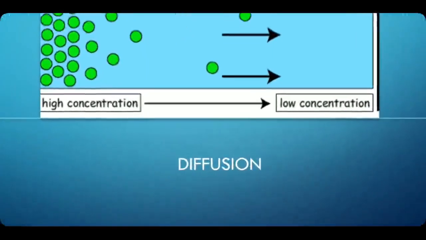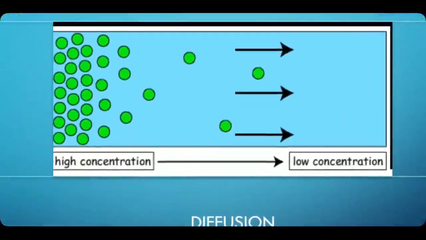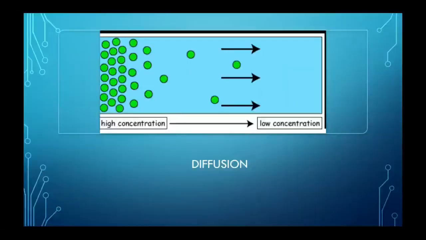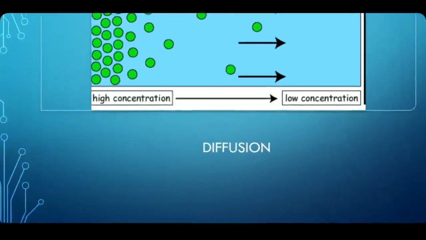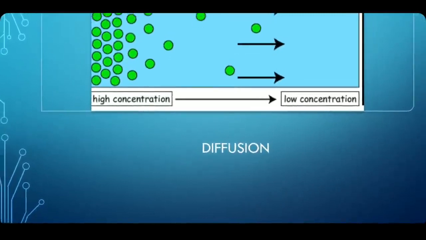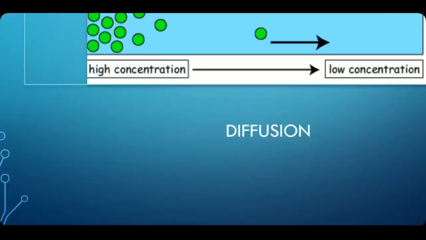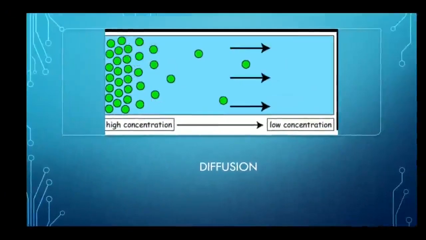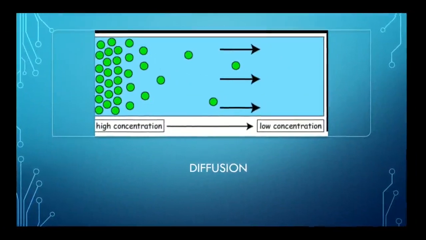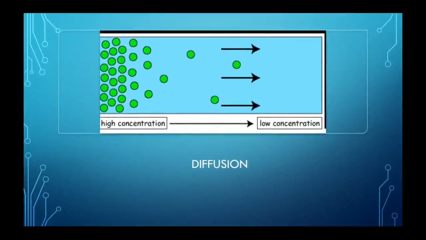Here you can see this picture of higher concentration. You can understand it with an incense stick. You keep an incense stick in one side of the room, after lighting it up, and then you get the fragrance in the next corner also. Why is it so? Because the smell of the incense stick is diffused in the whole room. So from higher concentration it reaches the lower concentration, and this is called diffusion, where no semi-permeable membrane is required.